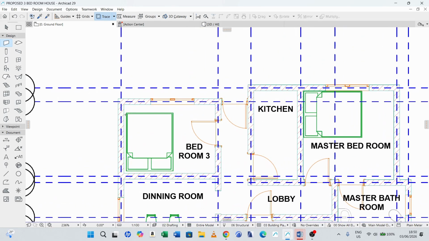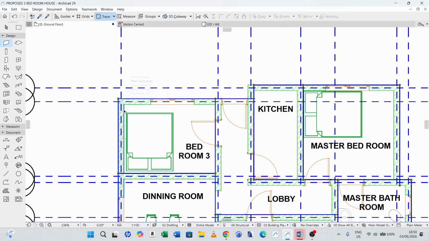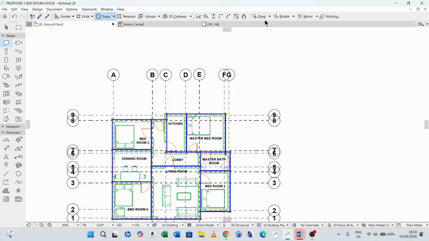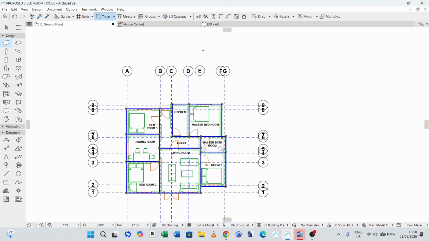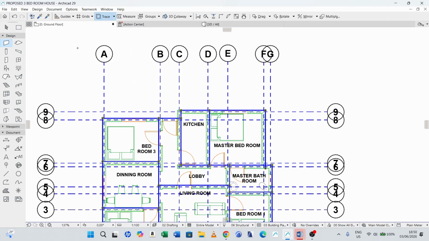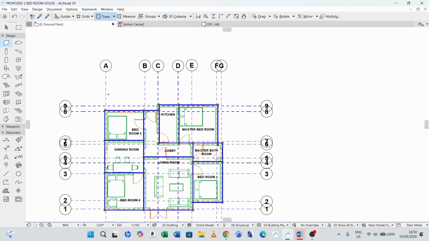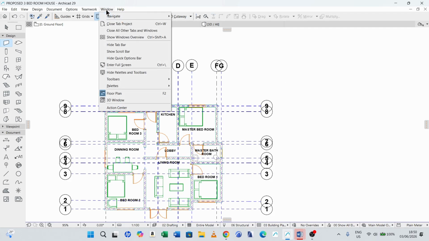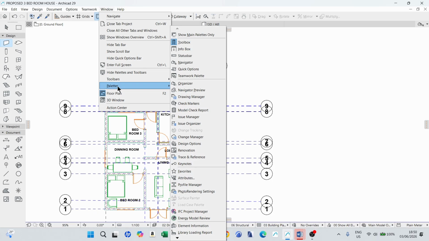Then when I select a wall here on our floor plan, you see there is no information in the info box. So what next? You have to open the elements of the info box so that when you activate any tool, you find those elements about the activated tool. For example, let us go here in Window and select Palettes, and then I open Info Box.